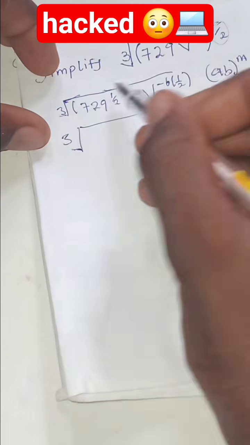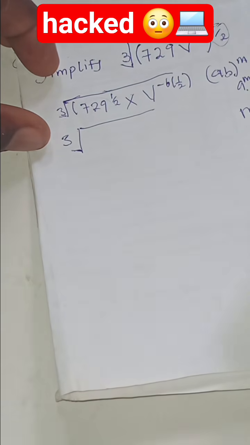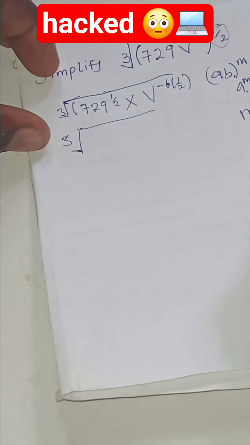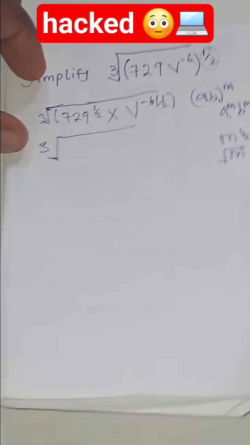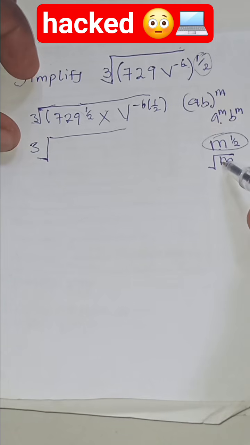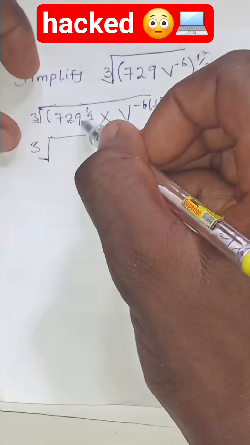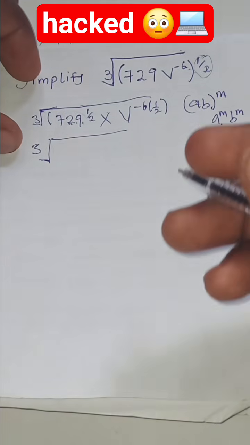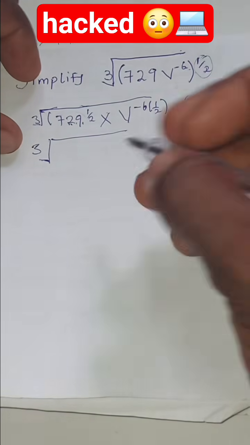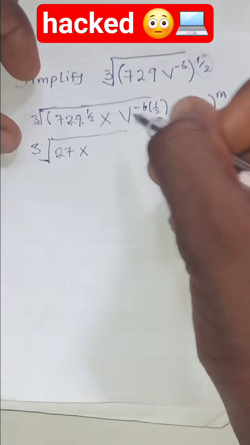Whenever you have something like this in indices, if I have m raised to the power of 1 over 2, it simply means the square root of m. That's the rule of indices. So from this point, I'm going to be saying square root of 729, which is two numbers that you can multiply that will give you 729. So it's going to be 27, then multiply by